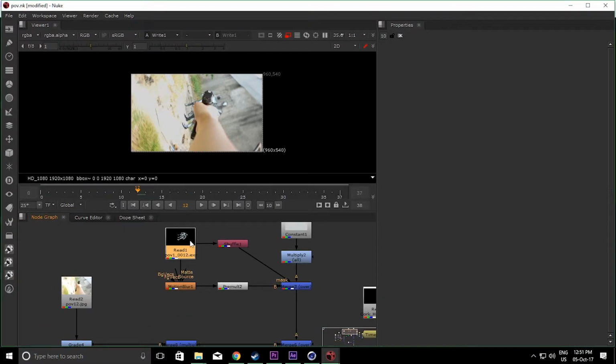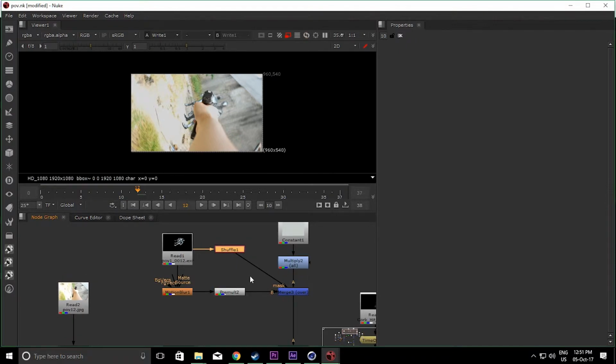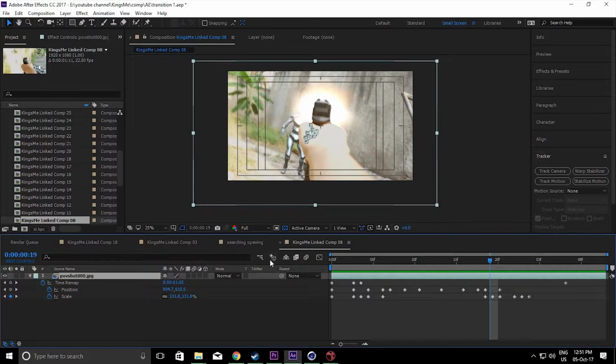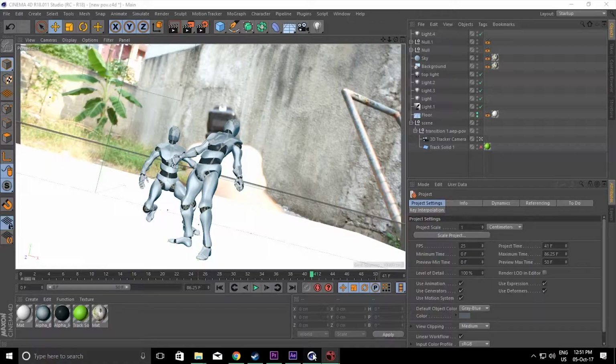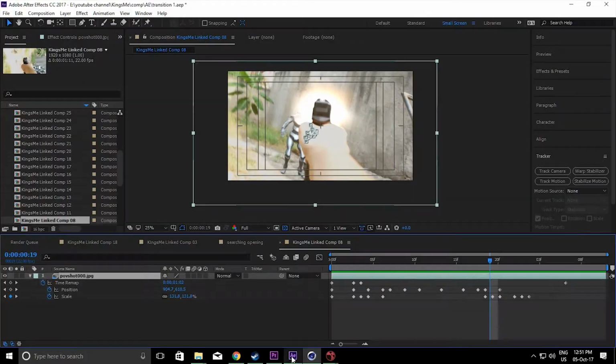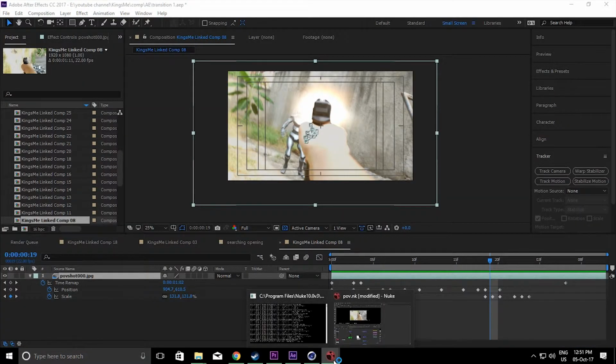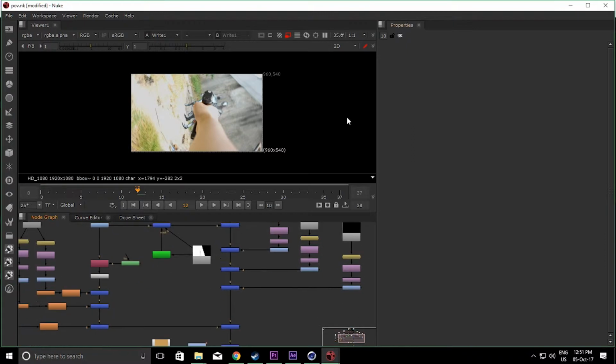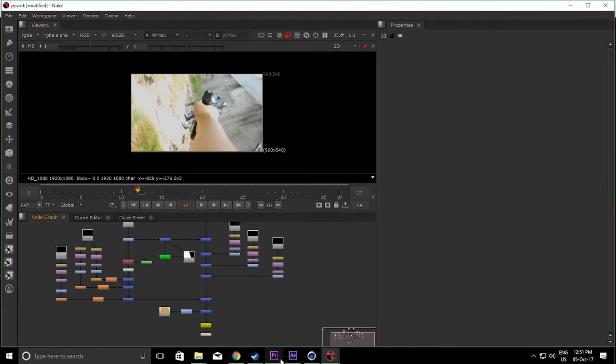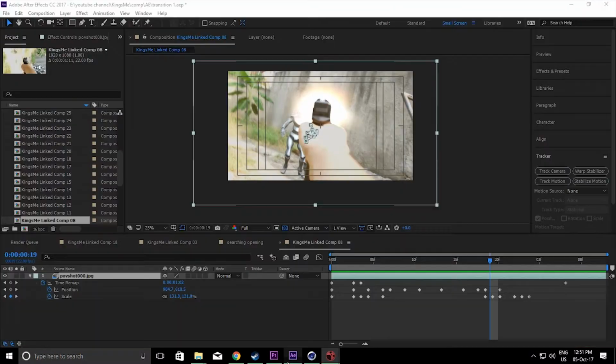To Nuke, and you extract this, or you can't get the mate. And also don't forget to export the shadow. I'm using the shadow capture, but for this one I think I'm not using it. I'm just adding some ambient occlusion on it. So back to this. After all this is done, I render it out and give it back to After Effects